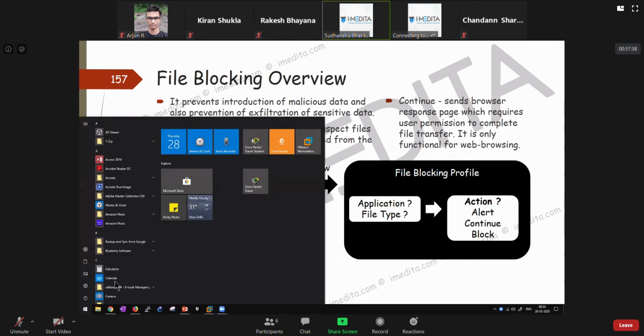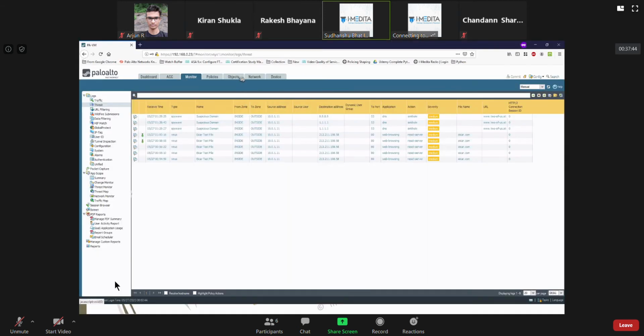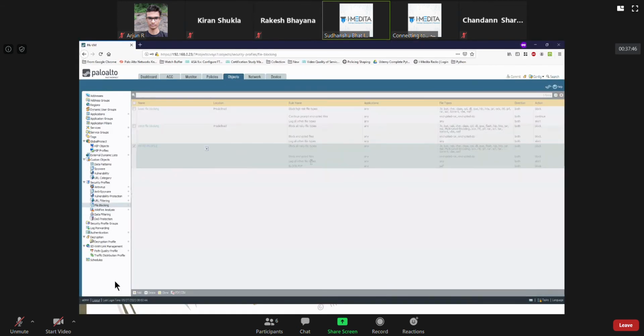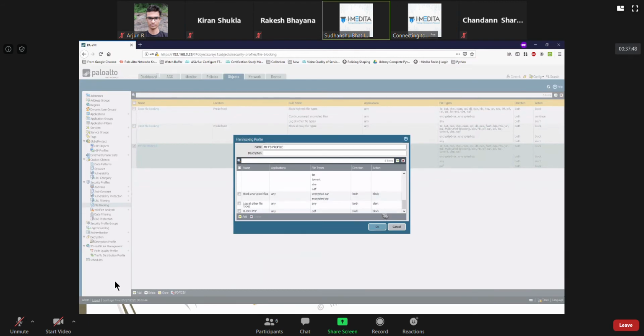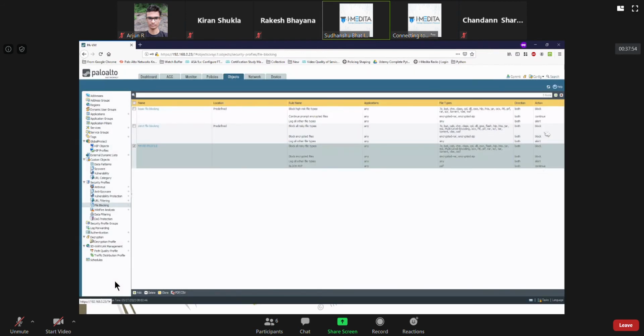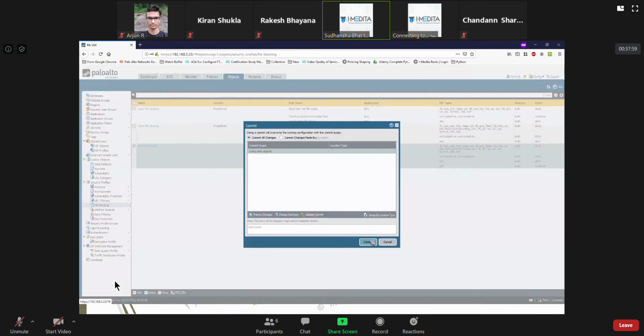Okay, let's look at continue as well. If I go to this file blocking profile, and for PDF I say continue, okay, continue will give me a response page. Okay, let's commit the configuration.